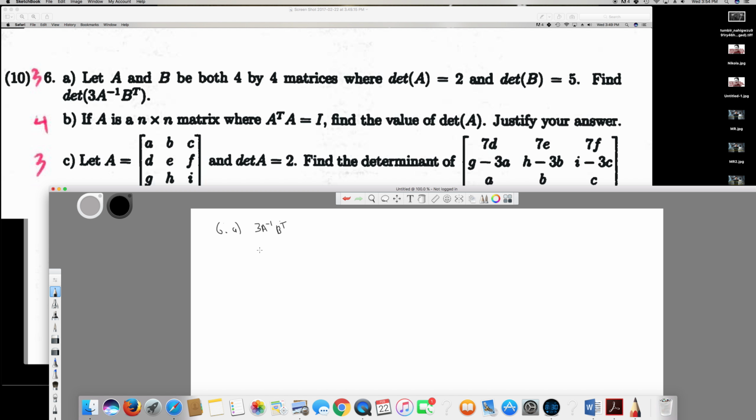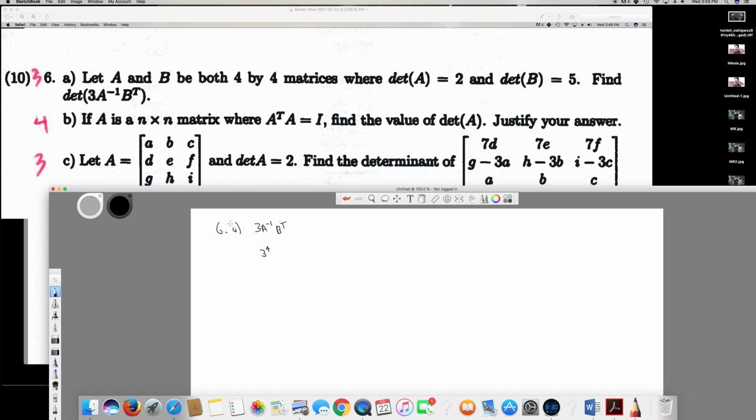So I can put the 3 as it is. And if you see anything like 4 by 4, according to a rule in this question, if they give 3 by 3, I have to raise it to the power of 3. If they give 4 by 4, I have to raise it to the power of 4. That's how we find the answer for this one. So this is 3 to the power of 4, and they have given the determinant of A is 2. Therefore A inverse is going to be